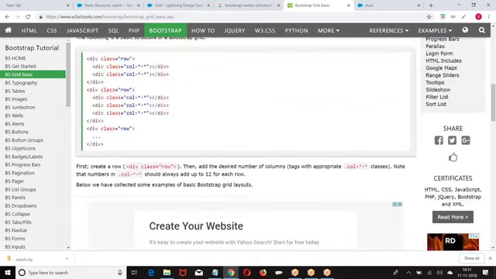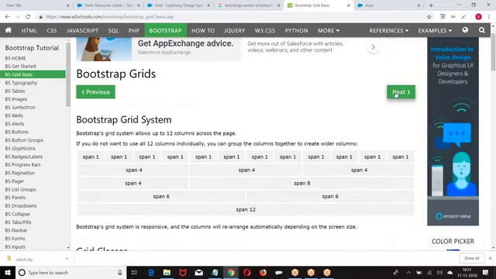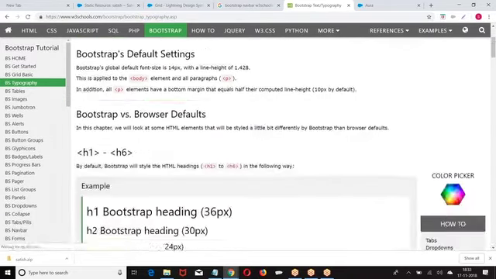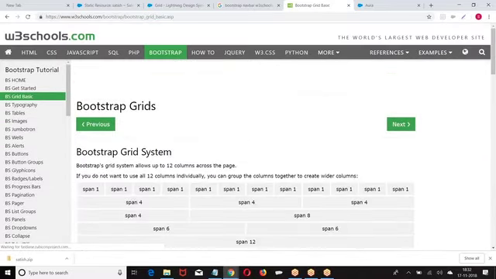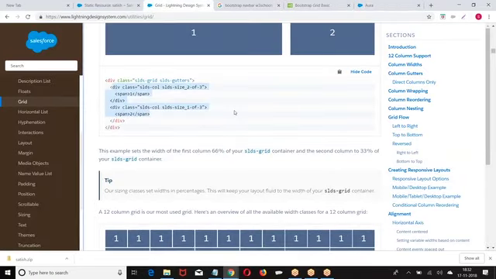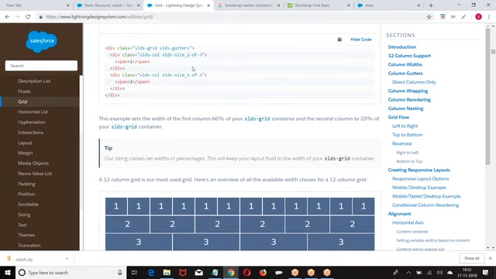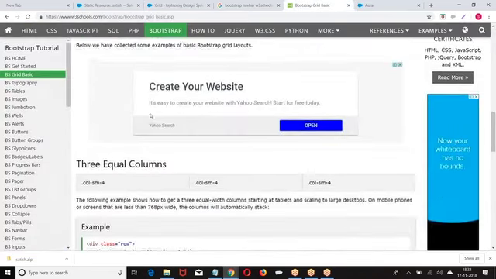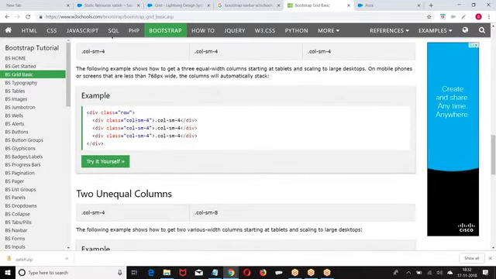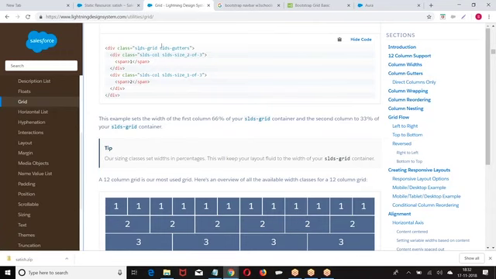Right? So whatever structure they are giving here is almost similar to your Bootstrap. Bootstrap and Lightning Design System are almost similar, but only here they are using the Bootstrap naming convention, and here they are using SLDS. That is the only difference. Here we have col-sm-4, and here they are using SLDS grid. Either you use this or go with this. If you are familiar with this, you can go.